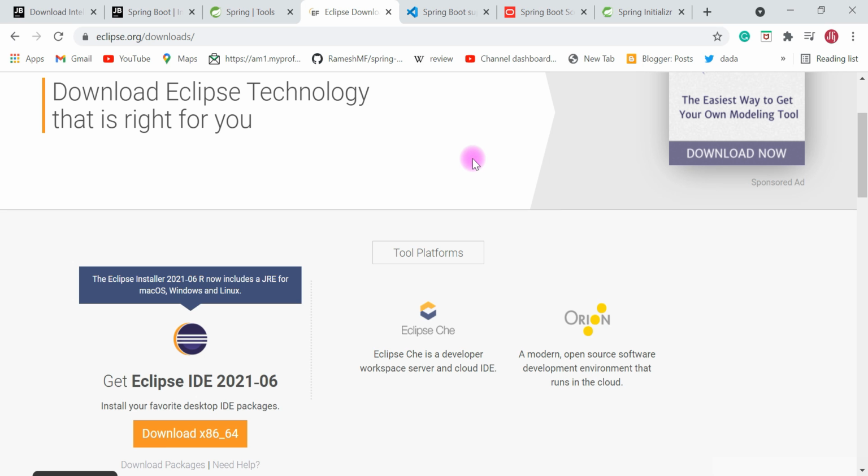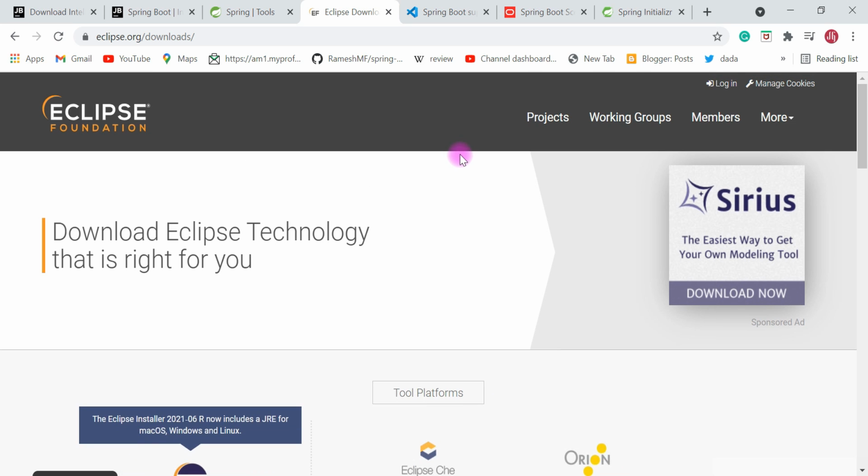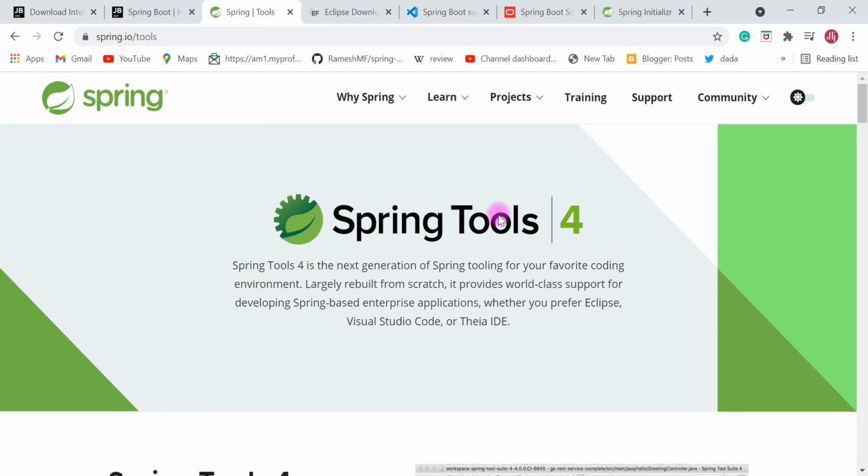Now let me tell you which IDEs I have been using during my 8 to 9 years of experience working with Spring Boot in the IT industry. I started using Eclipse. Later I installed the Spring Tools plugin in Eclipse to take advantage of Spring-provided configuration, intelligence, and properties. Then I switched to Spring Tool Suite IDE, which I have used a lot for building Spring Boot and Spring-based enterprise applications.